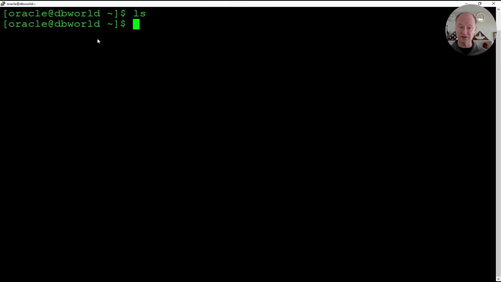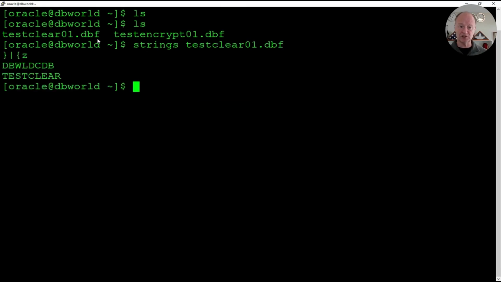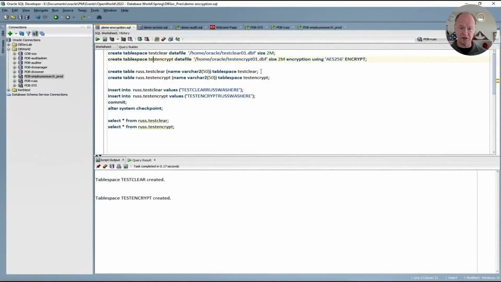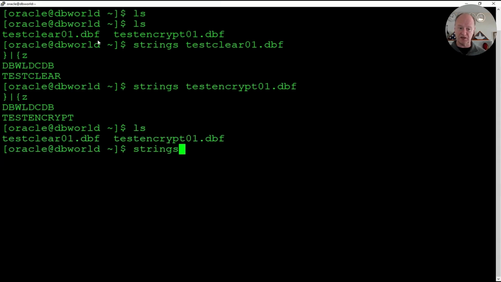One of them is a clear table space. One is encrypted. When we look at these two data files for the table spaces, there's no data in the clear table space, no data in the encrypted table space because we just created it. Now we're going to create a table in each table space, and all we're going to do is create that table, and then we're going to insert a single record into each table. We're not going to commit, so we still expect to see no data here. We look at the data files, we do a quick strings on it,